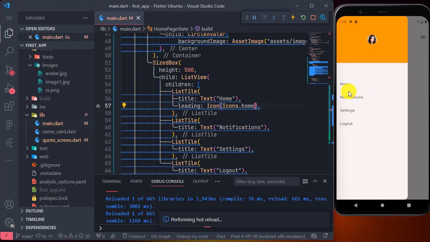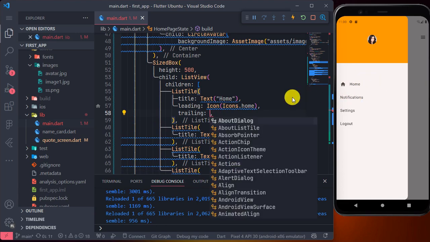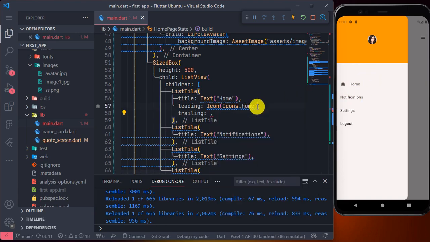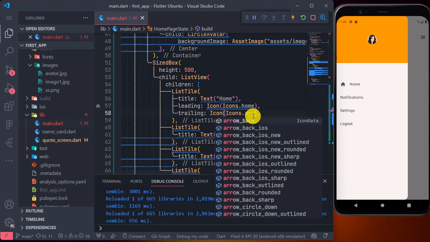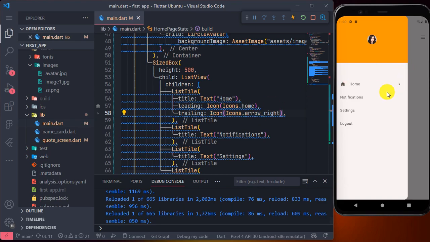If I save, I should see the home icon here, and then we have the trailing. Trailing is the icon at the other end. So I'm just going to copy this and make a small change. I'll use, let's say, arrow right. Yes, so this is a simple